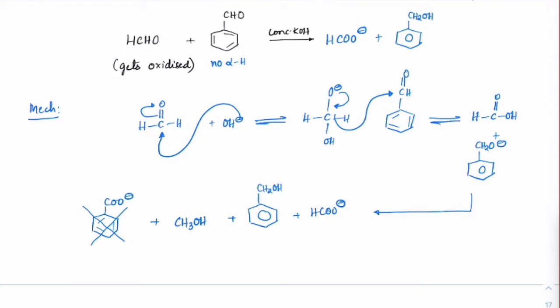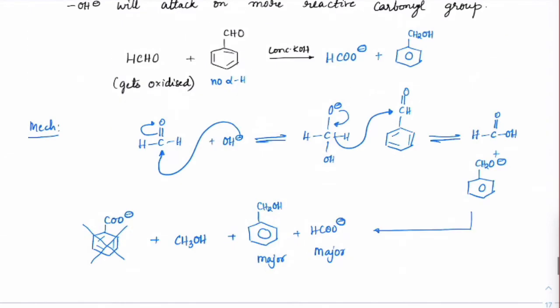Everybody understood that? So again, this is purely experimentally observed. Otherwise, other than formaldehyde, if it is any other aldehyde which has no alpha hydrogen, you will see all four products. But only in the case of formaldehyde, you don't see that. If you are asked the major product, always write major as this and this, because you are almost taking a 1:1 ratio here. So major product will be about this. Hydride transfer happens on this. Okay. I hope all of you got this.